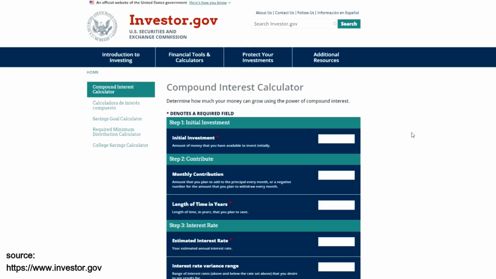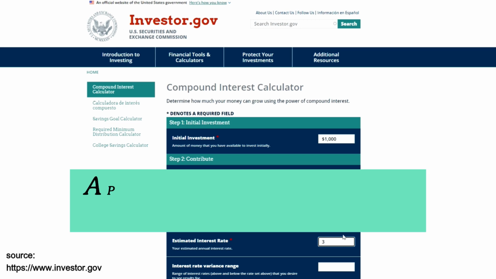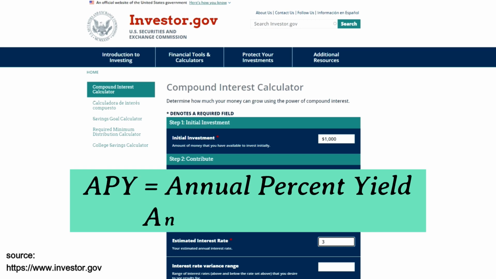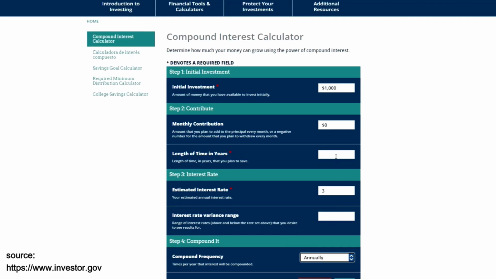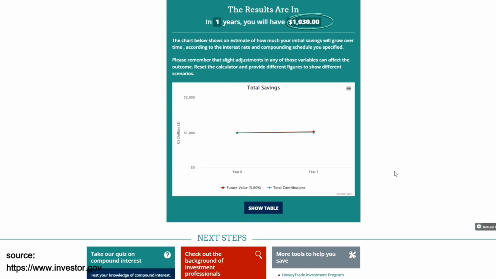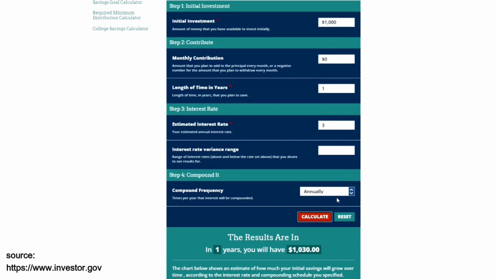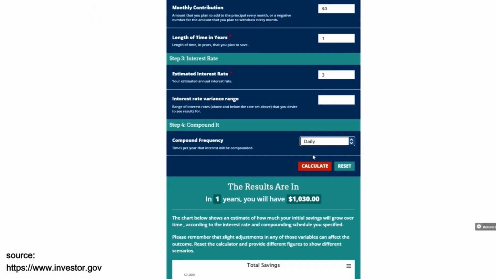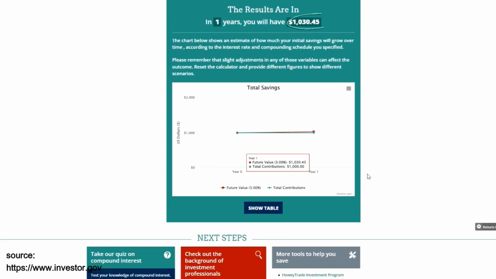For example, let's suppose that you save $1,000 on a certificate of deposit. And if you don't know what that is, you gotta check out my video on CDs after this video. All right, let's suppose that the interest rate of this account is 3% APY, which means annual percent yield. And annual just means per year. And it compounds yearly. After 1 year, you will have accumulated 3% interest, which is $30. But if that interest was compounded or accumulated daily throughout the entire year, then you would have accumulated $30.45,